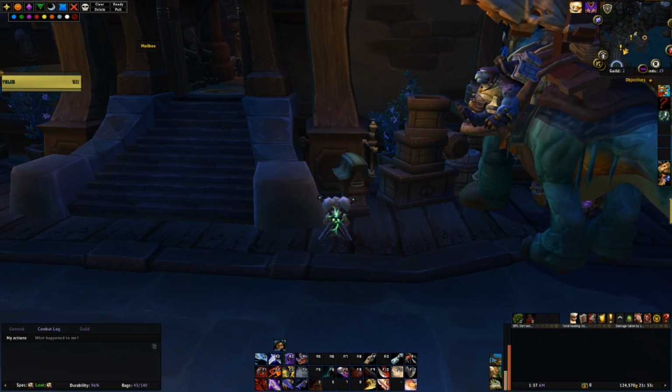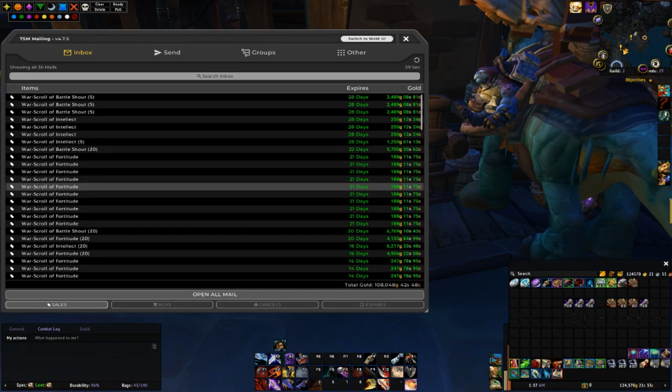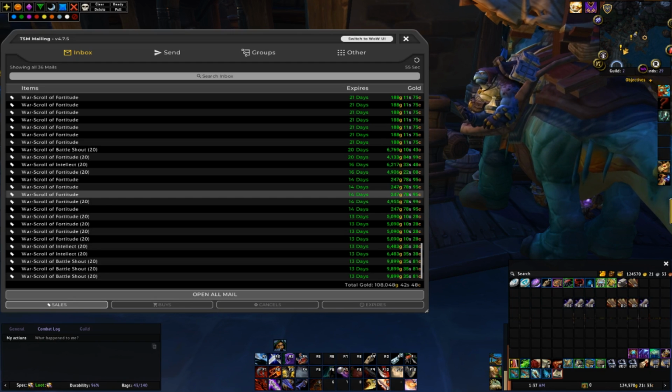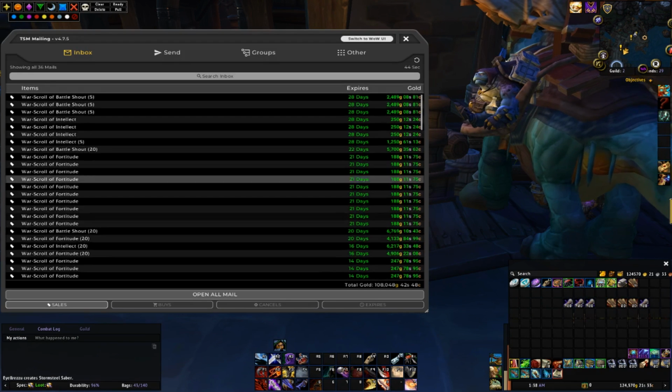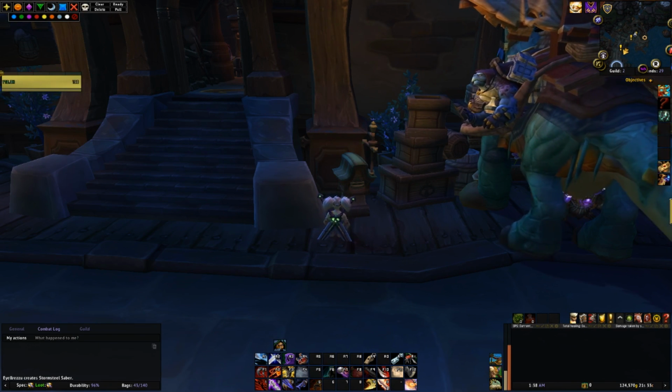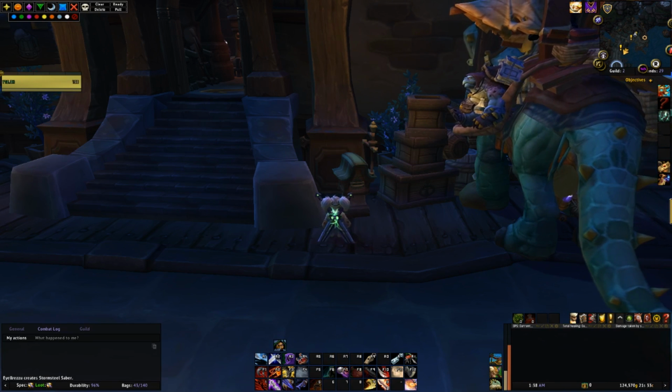So on this alt, I've been doing really well selling the War Scrolls that you can craft with Inscription. You can see that I have around 108k worth of sales in the last 17 or so days. The tokens are back above 110, but 108 is almost enough to pay for a WoW token, so I'm really happy about these sales. I did have a bunch of Crimson Ink and Ultramarine Ink left over from crafting those Darkmoon decks,